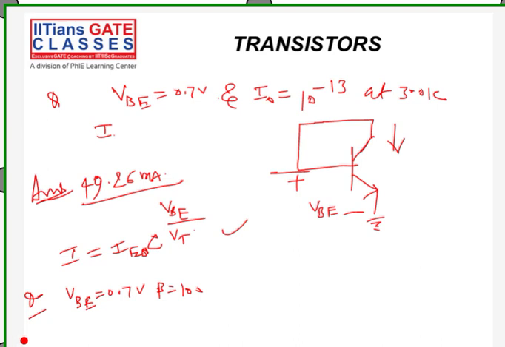Negligible reverse saturation current means ICO is nearly equal to 0, approximately no saturation current. So here also they wanted to know IC, IB and ICO. These are the things I need to remember. And the circuit is